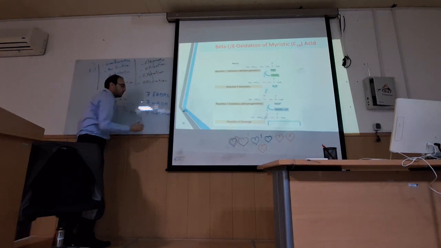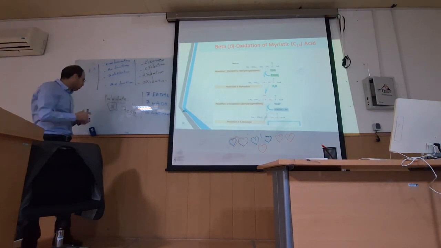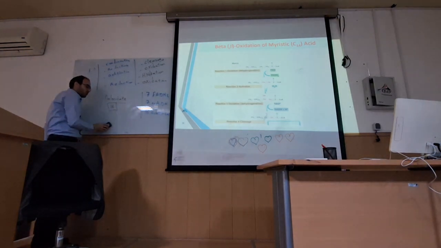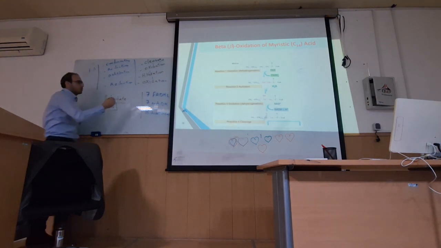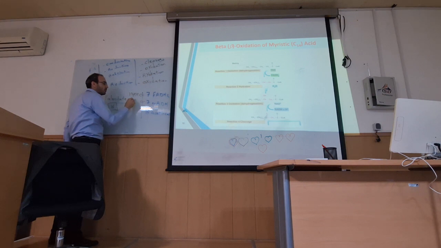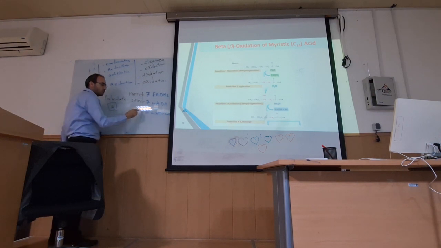And this acetyl can enter the Krebs cycle and produce more energy. Okay, tell me how much energy is produced from palmitate. 7 FADH2 give us 14 ATP. Exactly. 21 ATP from NADH. And each acetyl gives us 12 ATP. So 12 by 8 is